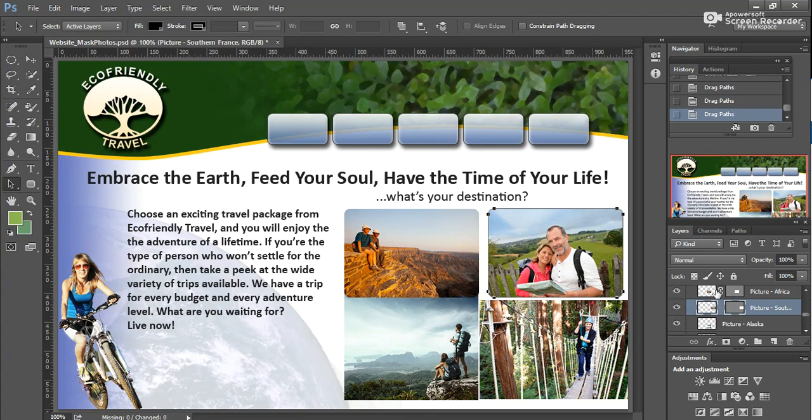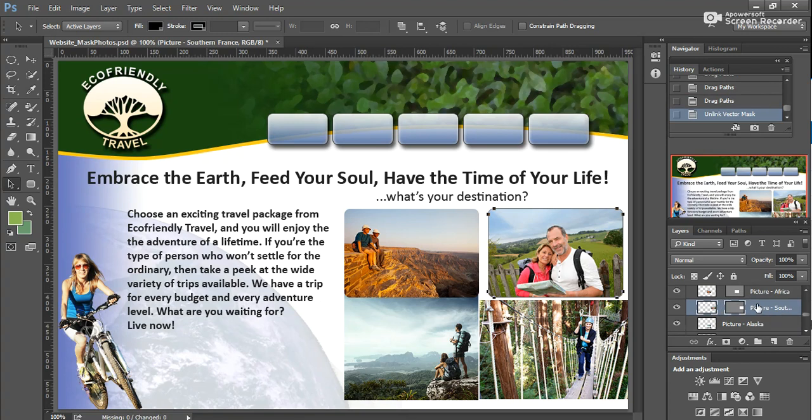Alright, so this picture is unlinked. You want the images to be separate from their vector mask. Okay, so you're going to unlink all of these. So I just went up here and unlinked the picture Africa from its mask, and unlinked the picture in Southern France from its mask,